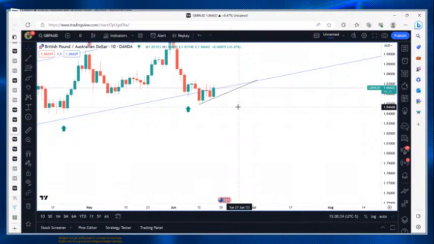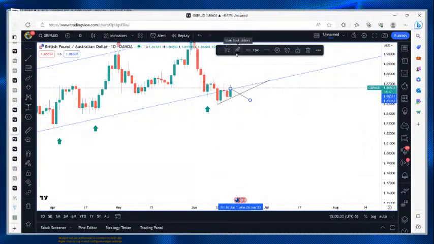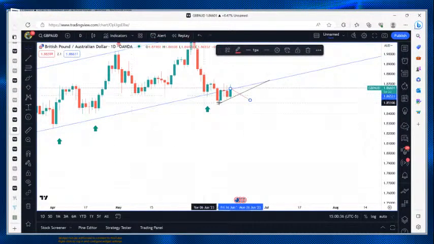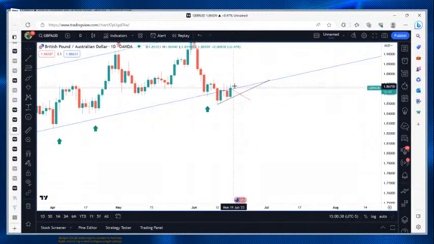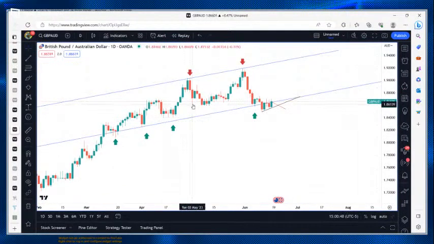If we can get the market to close bearish below here, if we get the market to fall down bearish, the market can give us a close. If we can get a close below this angle, the market close bearish below this angle, that is the go-ahead sign to start selling because either